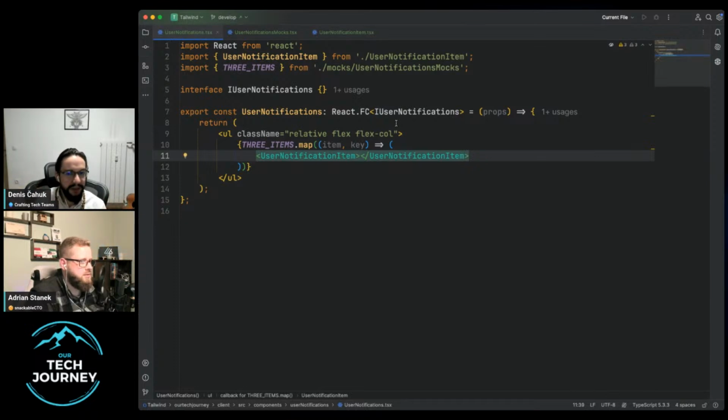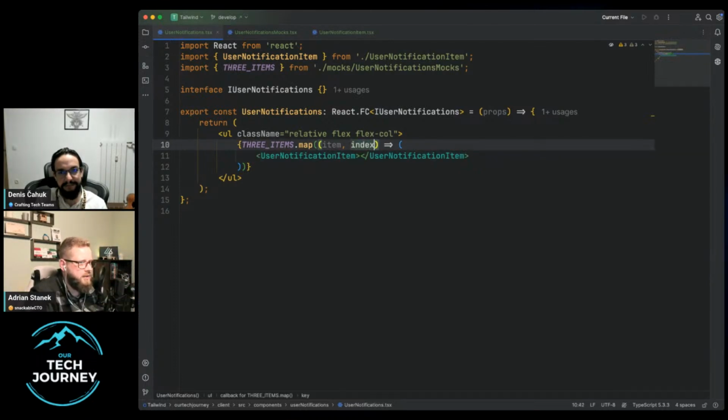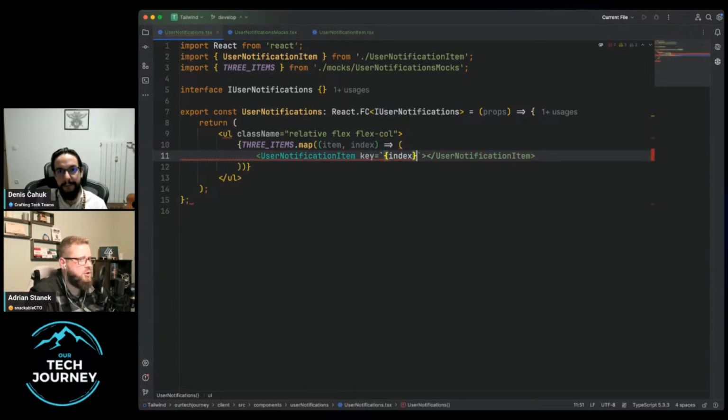Okay. What do you want me to do with the key? It's actually index at this point, so let's call it index. Exactly. And then you add a new property, which is always there because it's a React component. It's called key. You make a template string now, or just a concatenation as you wish. It's not okay to do it like that because it's a global index of the entire app. So you need to have a prefix which says user notification dash index, or so you want it to be